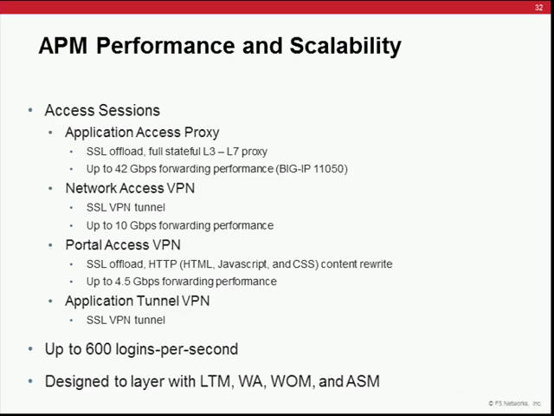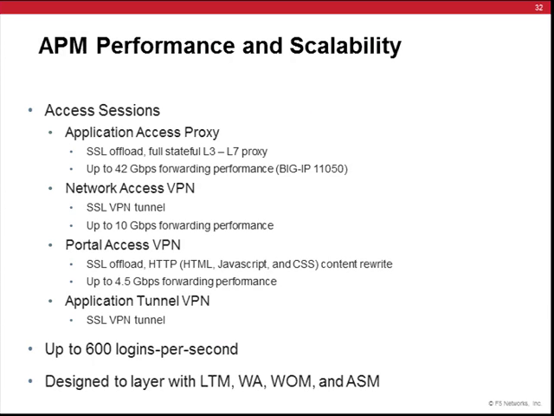And then, as you can see here, Peter alluded a little bit to the performance, but for each different type of access, we provide very high performance. A couple things to note here. Of all the different SSL, VPN, or just remote access solutions, how many logins per second? Peter alluded to it earlier. Normally it's up to about 50 logins per second. Again, because we're using high-performance BIG-IP, we can support up to 600 logins per second,